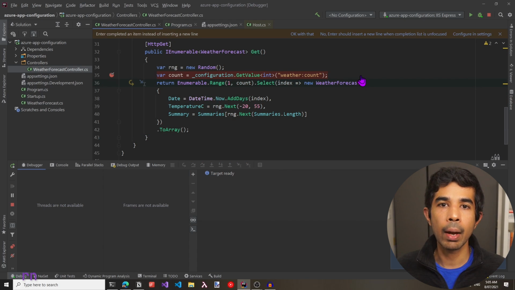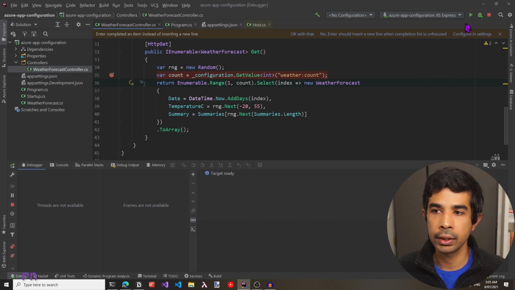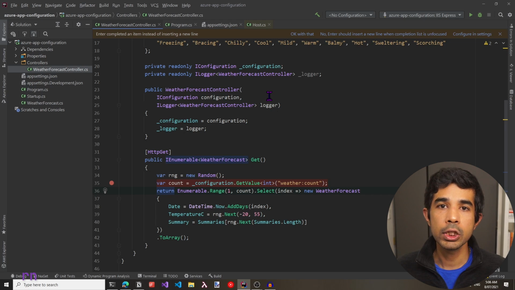However, when building applications, we want these values to be reflected in real time. We don't want our applications to be restarted. So let's see how we can configure that with Azure App Configuration. In an earlier video on the options pattern, I showed you how to automatically reload values using the options